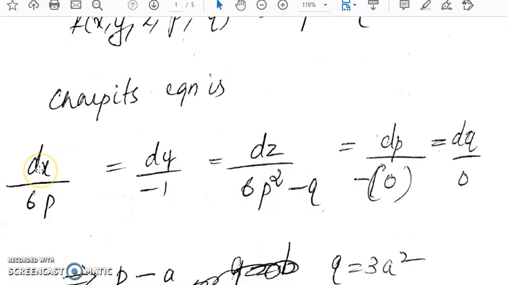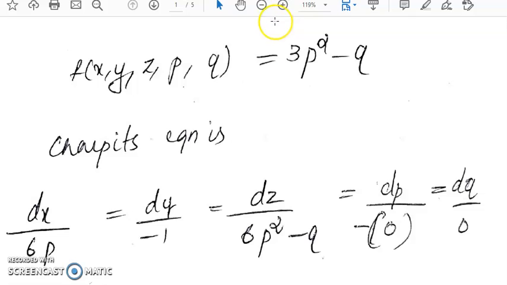So Charpit's equation is dx by fp equal to dy by fq equal to dz by pfp plus qfq, then dp by minus of fx plus pfz, then dq by minus of fy plus qfz. So that is going to give you fp is 6p, fq is minus 1,